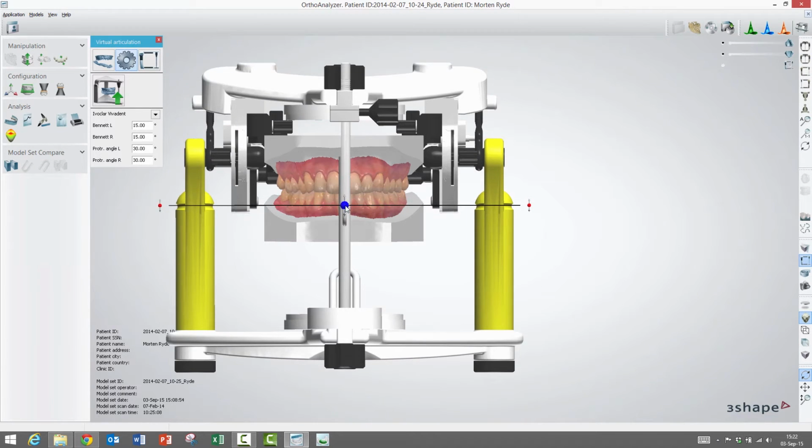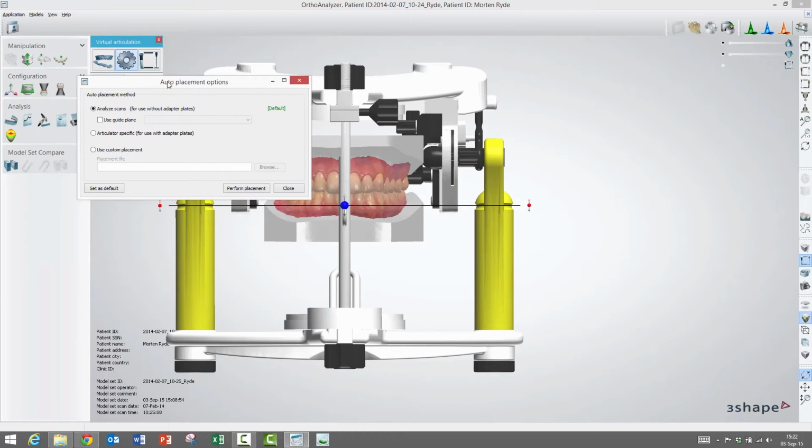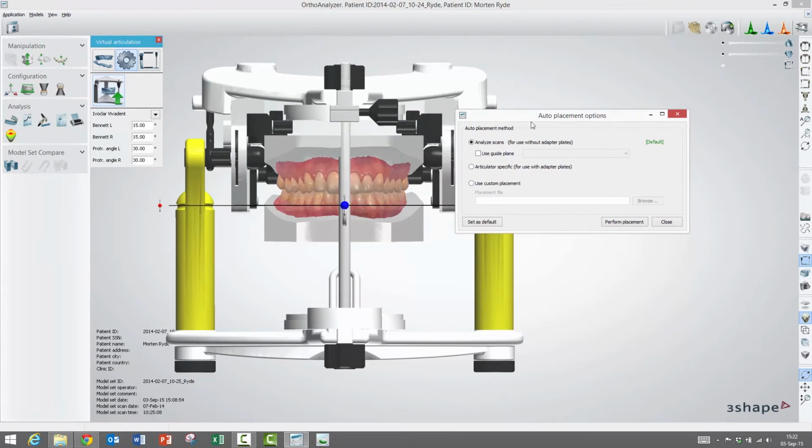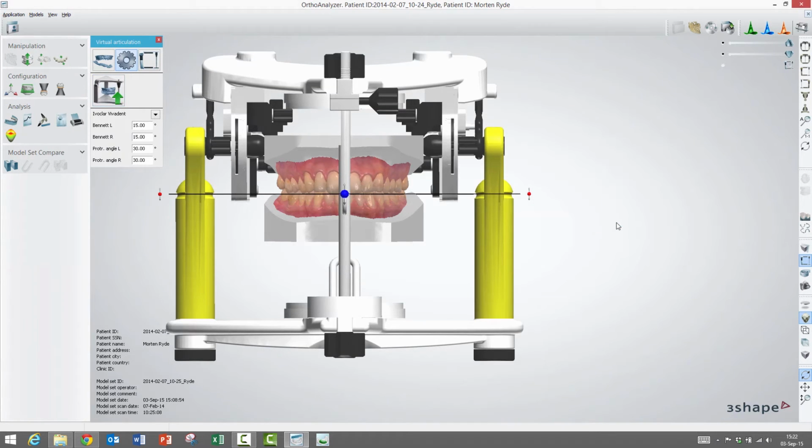If I would just change it again, redo it just to make it noticeable. This will be a big change, I guess. Use guide plane, so that's very important to check this box. Left click on the black arrow and select Occlusion plane again. Then perform placement, left click. Okay, no need to rewind the video now. So once you've done that,